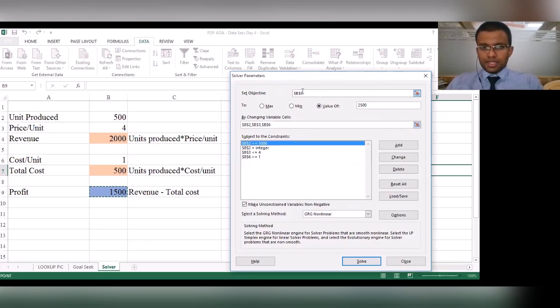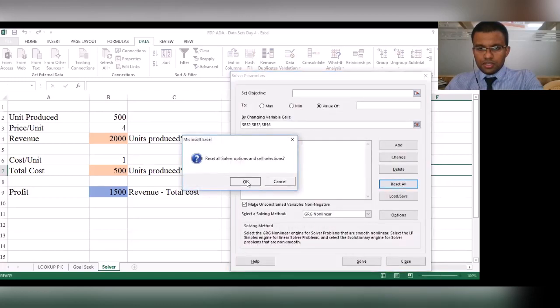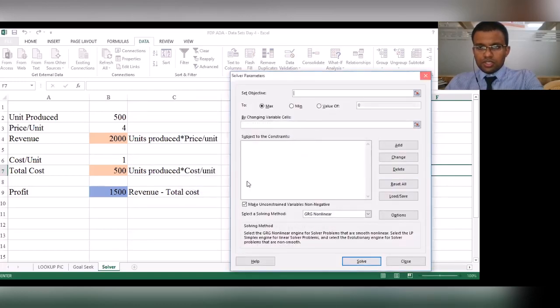For me, since I had already done some exercises previously, some of these options are already pre-filled, so I'm just going to quickly remove all that. This is how it should be looking for you.